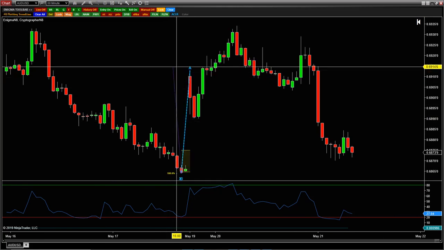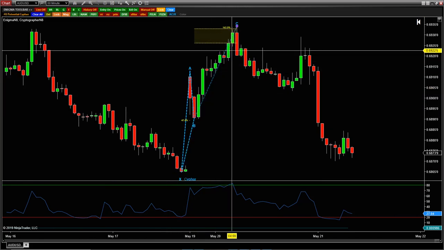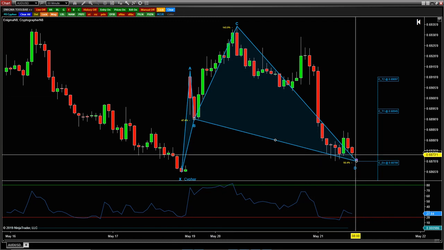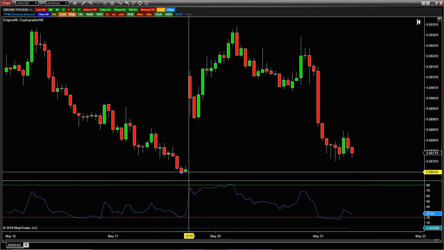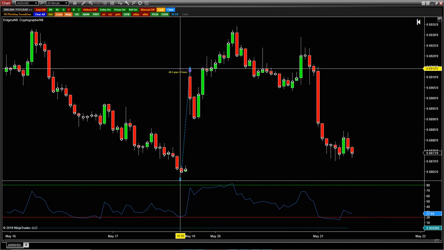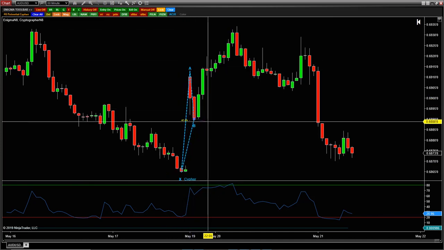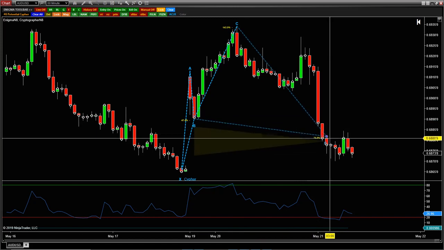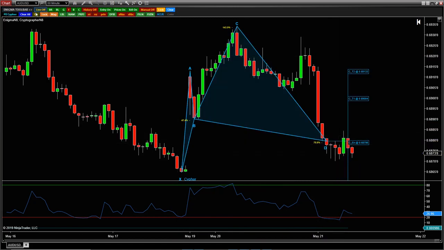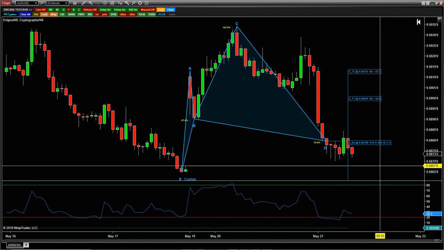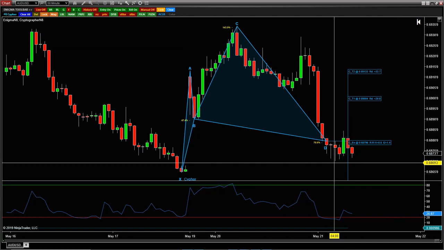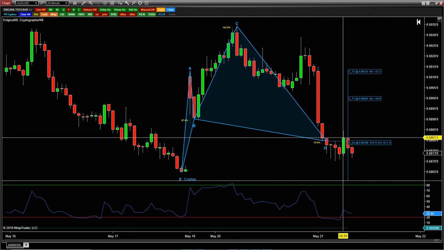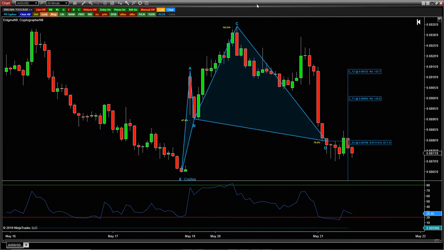X to A to B, B to C, and C to D is what George is looking at. Oh, that shouldn't be down there. Sorry. Let's try it again. X to A to B, B to C, C to D right there. All right, there you go, guys. Look at these candles. Long wick, long wick, long wick. Higher, higher, higher close, and then right back at it.